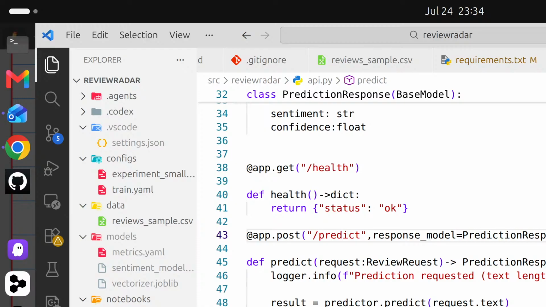I think I am messed up in here. Let me do something. Okay, so let me go for this. I have to fix this like this, right? I was just saying